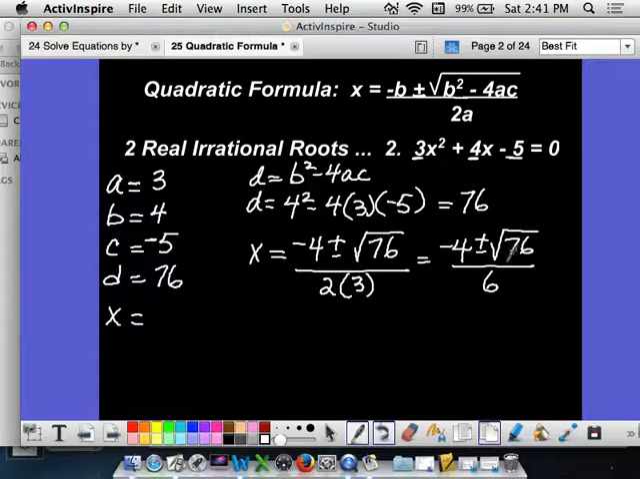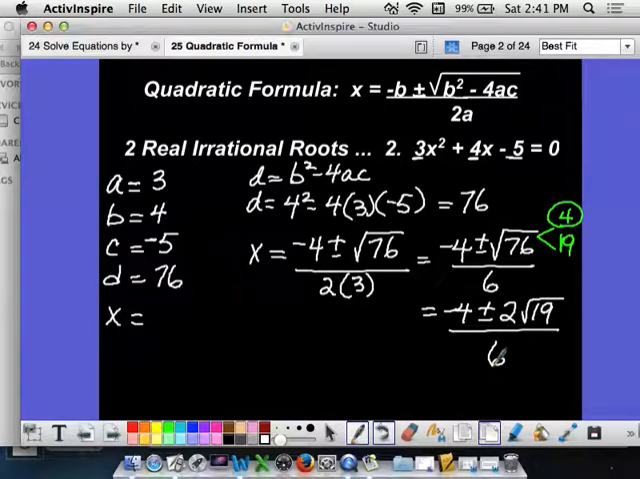Now I have this square root right here, and I have to be careful there because I need to see if it's going to break down. So that question goes back to your radicals. What is a factor of 76 that is a perfect square? It does have one. It's 4 times 19. I know the square root of 4. It's 2. So I'm going to have to come down. X equals -4 plus or minus 2 square roots of 19